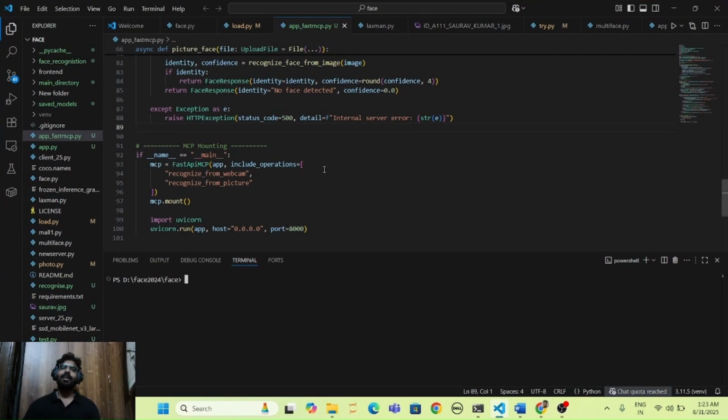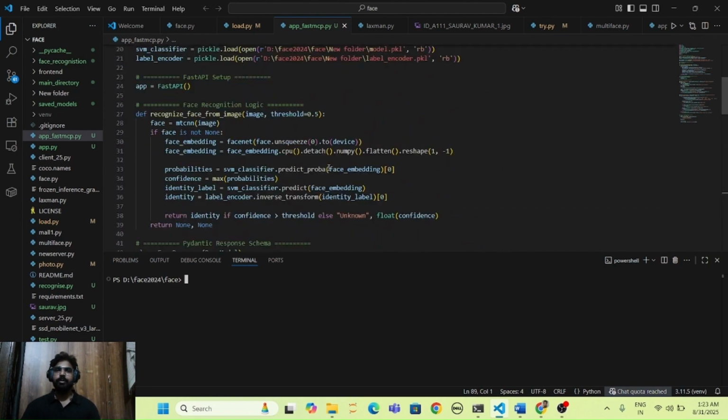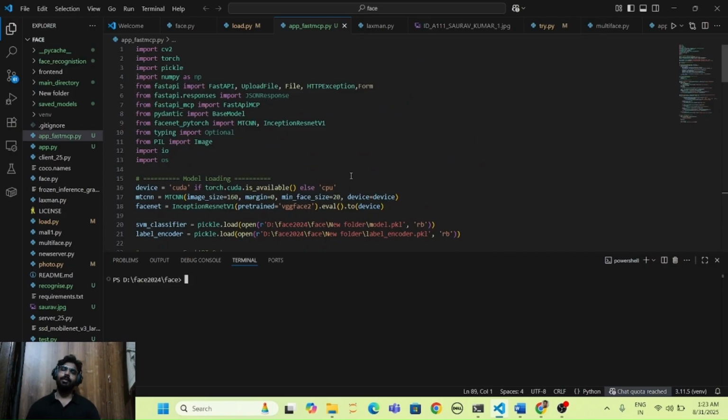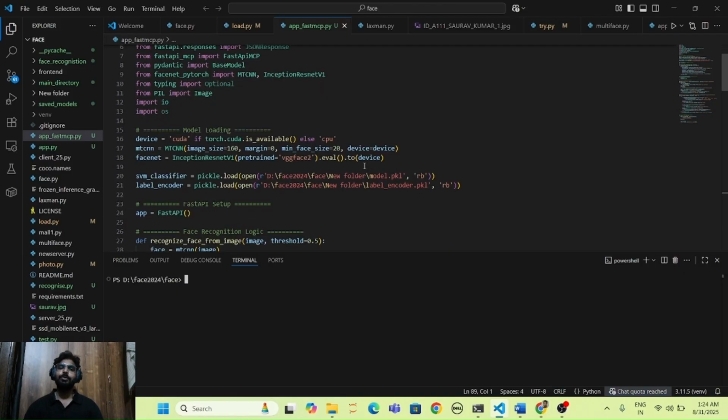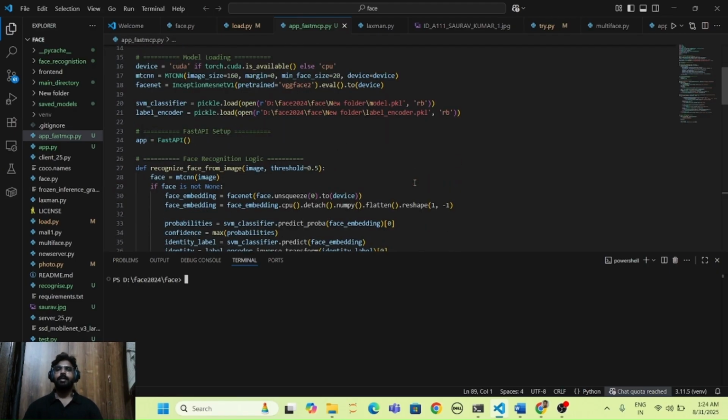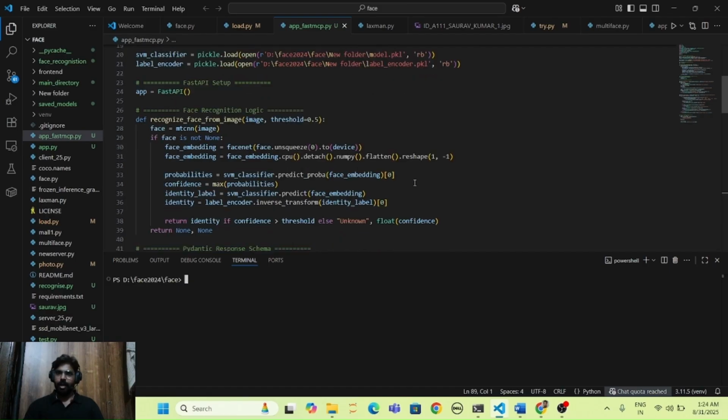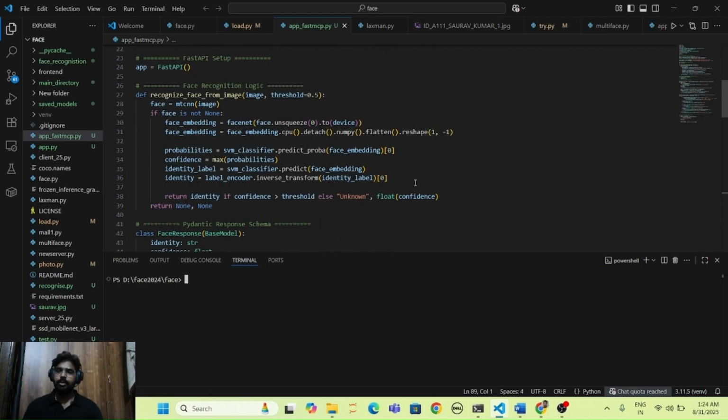This is basically our code from the previous video, in which I was making my own MCP server using FastAPI MCP, where we used our face recognition model as an MCP server to recognize our face, and it was fun. You can watch that video; it will pop up here and there. Paste here, and